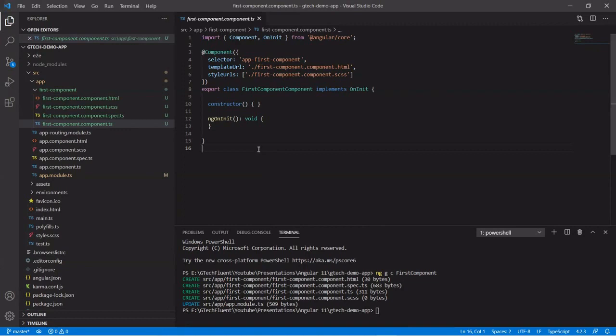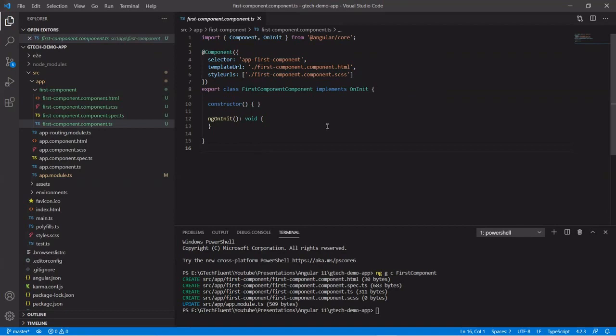The class is the most important part of a component, in which we can write the code which is required for a template to render into the browser. You can compare this class with any object oriented programming language, for example C Sharp, Java, and others. The Angular component class can contain methods, variables, and properties like other programming languages. The properties of the class can be bound to the view using data binding. We will discuss data binding in our upcoming video.